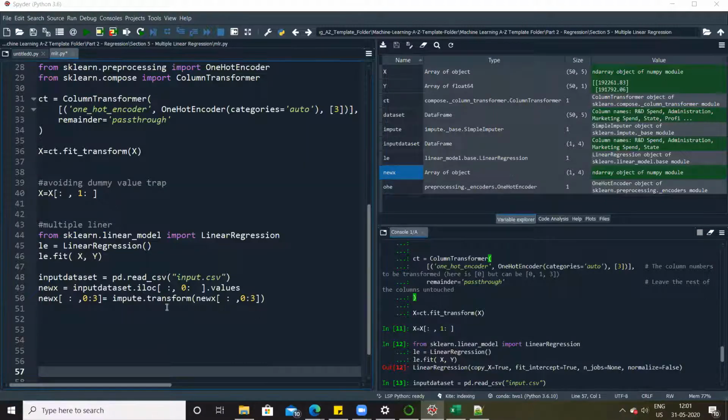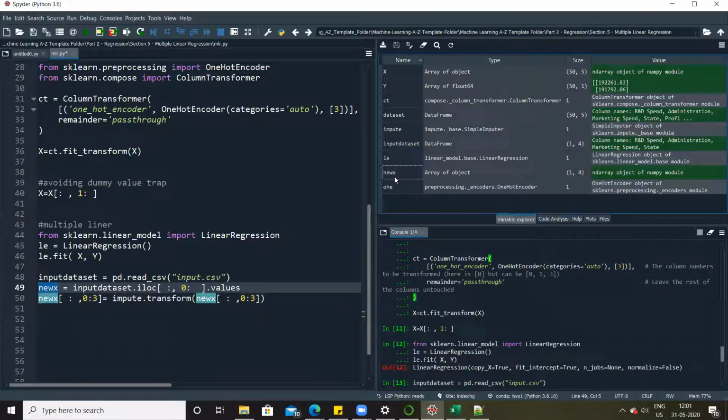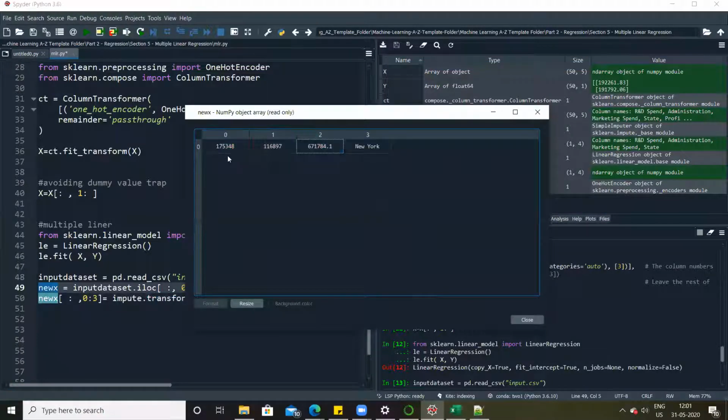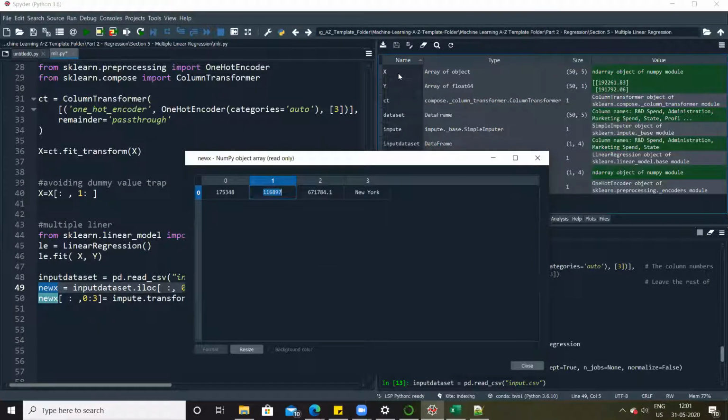I'll repeat here. We are directly applying transformation. Why? Because if we apply fit, what this new X will do, it will now start learning based on this data set. So based on this it will calculate average value for column 0. Based on this it will calculate average value of column 1. From this it will calculate average value of column 2. Which we don't want to do, right? If this data were missing, it should use the average value that it has used for the original X. The base on which it learned the average, the same average should be used, right? So that's why we directly use transform.